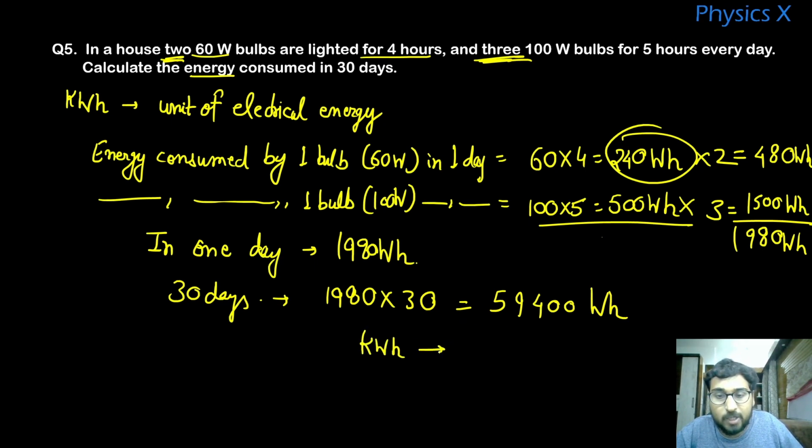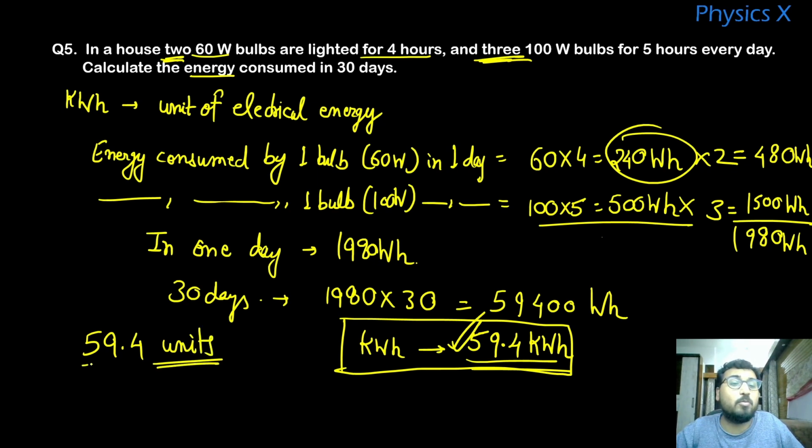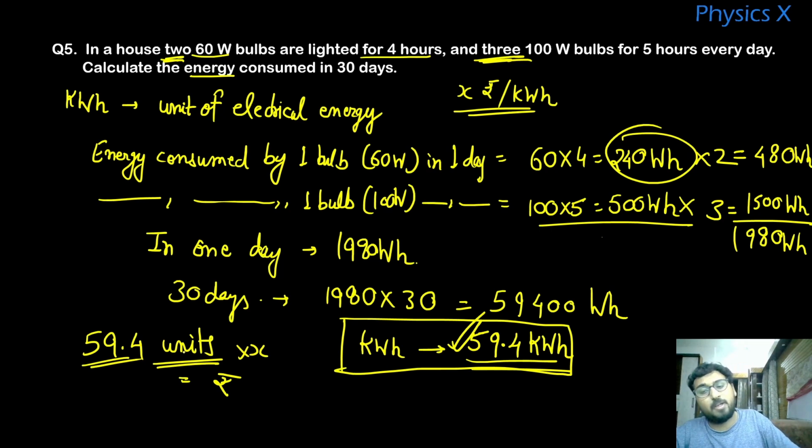Or you can convert this into kilowatt hour. If you want this in kilowatt hour, you will put the point here, right? So it will be 59.4 kilowatt hour. So this is your energy consumption for 30 days. In 30 days, 59.4 kilowatt hours or 59.4 units will be consumed. And suppose he asks you that the rate is X rupees per kilowatt hour, then what will be the cost of the electricity bill? Then you simply multiply this by X, you will get the rupees. Okay,